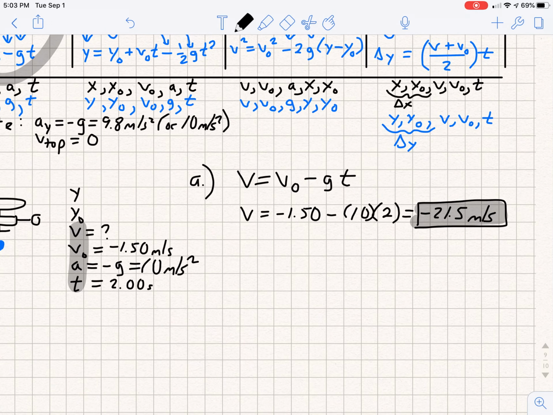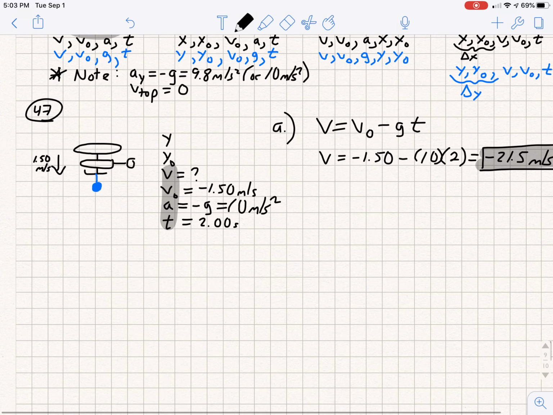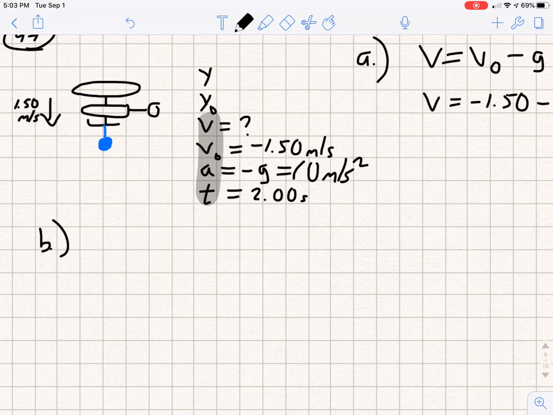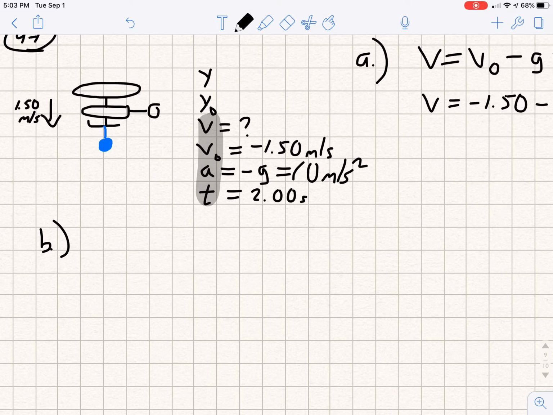Part B, we want to know how far below it is below the helicopter. Now, to tackle part B, what we want to be able to do is find the position of the mailbag and the position of the helicopter after this time, after 2 seconds, and then compare the two, subtract the two positions. So we have two objects that are essentially moving in the same reference frame in part B. We have the helicopter,